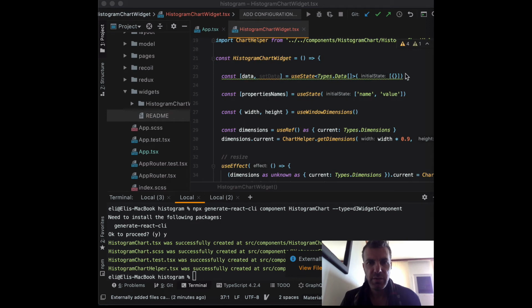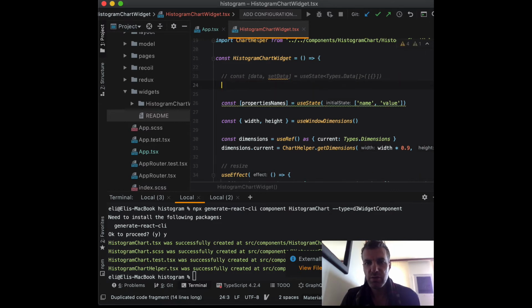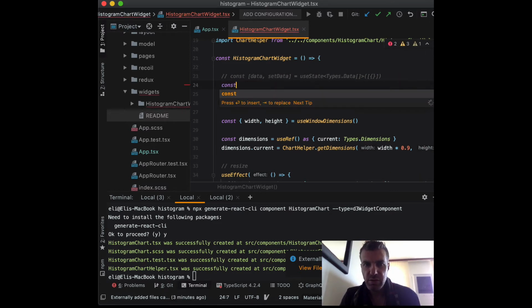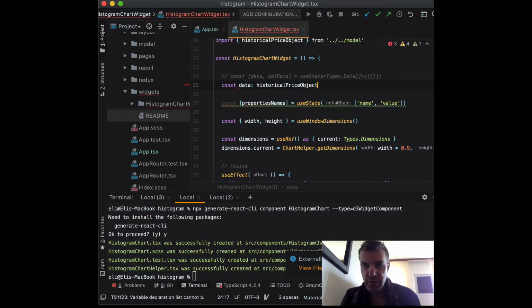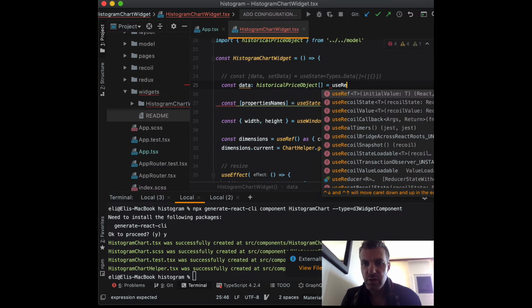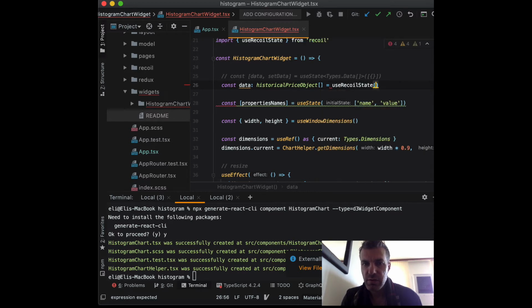To get the data, what we did before is we used a state and we got the data, but now we can use Recoil. So we're just going to create a new constant and let's call it data. That's going to be of type HistoricalPriceObject, that's the model we created, and that's going to be an array object. And instead of useState, we're going to use recoil